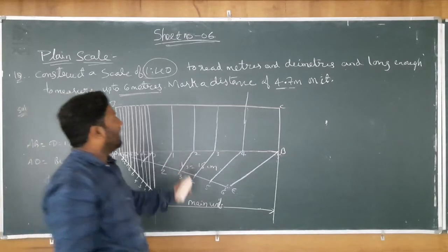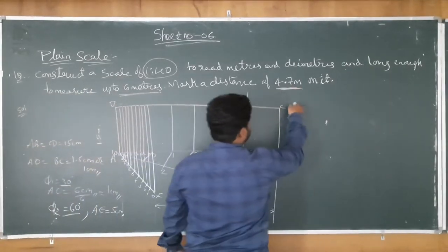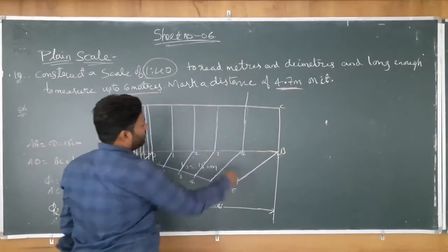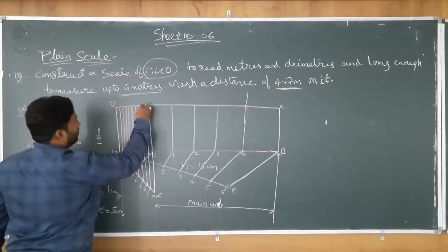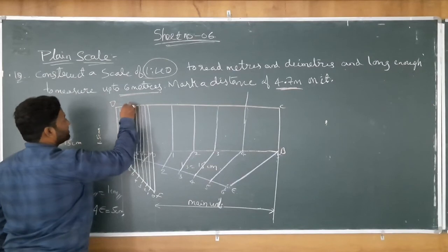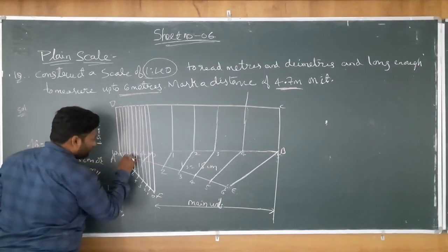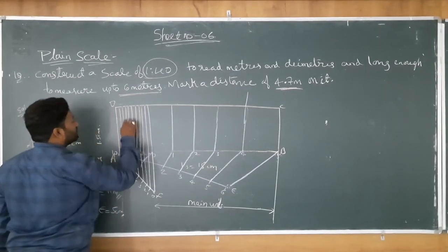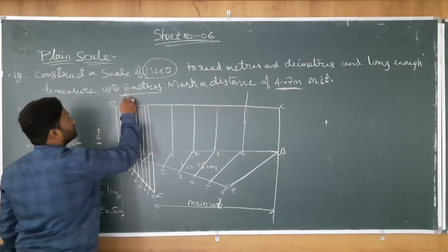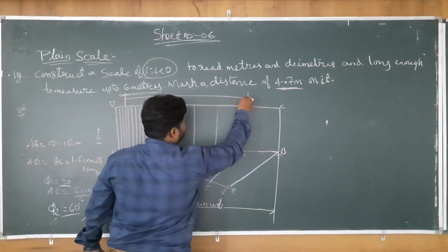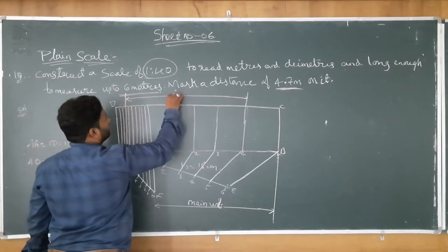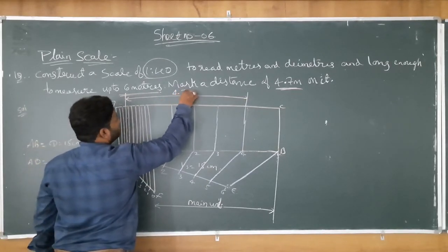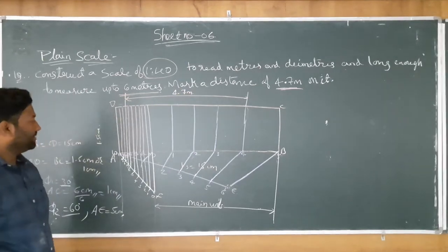The only thing now is I have to mark 4.7 meters on this diagram, in which I know the 4 meter, and the 7th one is 1, 2, 3, 4, 5, 6, 7. I have already marked the 7 here. This is my 7 in the subunit. 4 is the main unit and 7 is in the subunit. By this I can mark 4.7 meters here. By this the problem is completed.